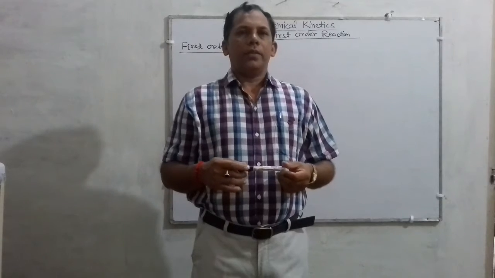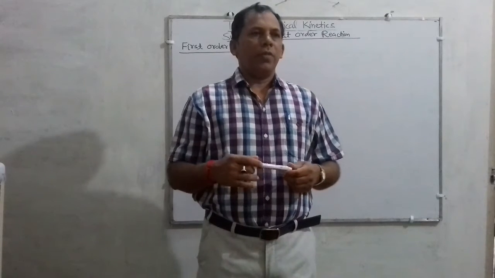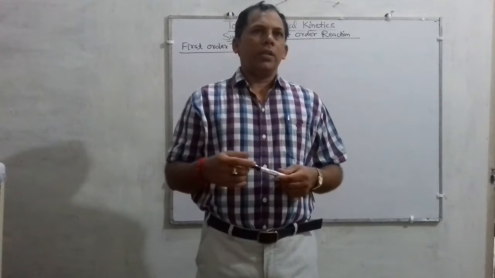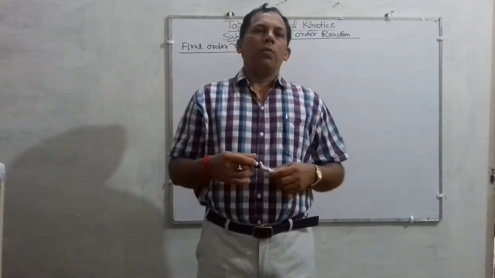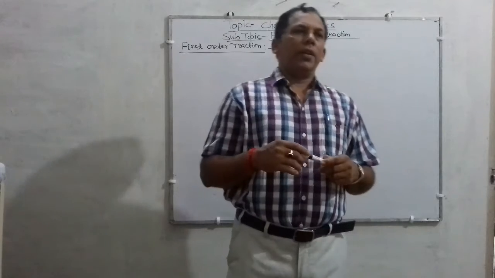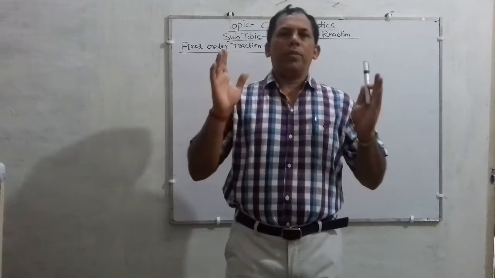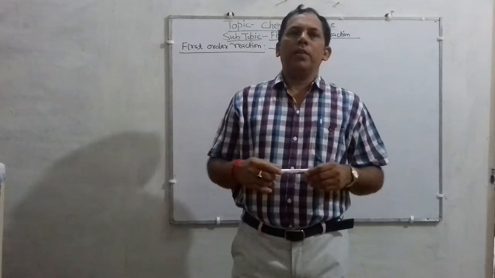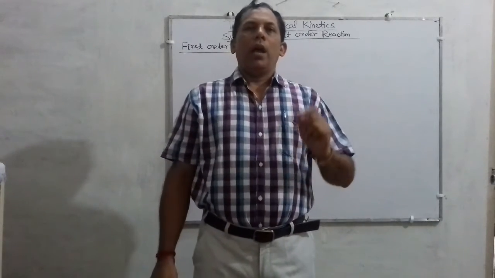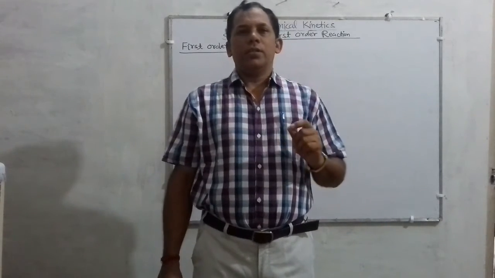In my previous lecture, we studied order of reaction and its types, and I taught you in detail what a zero order reaction is, with examples, the integrated rate law for a zero order reaction, and the relation of its rate constant with the half-life period. There I derived an important formula, so you must remember the formula relating the rate constant of a zero order reaction to t half. Also remember the unit of the zero order rate constant.